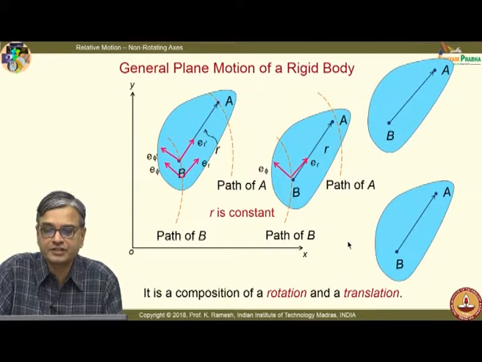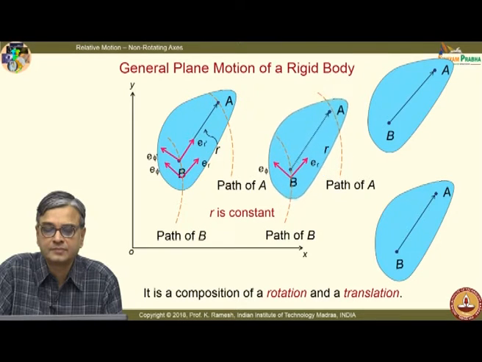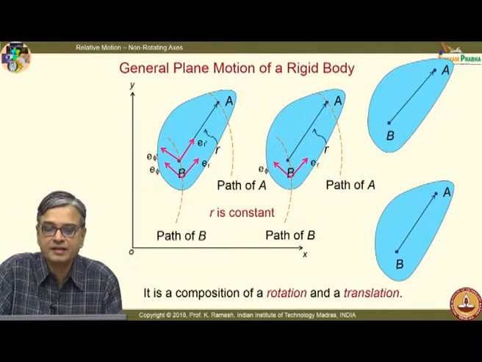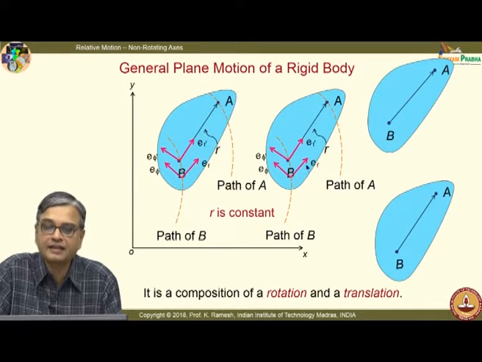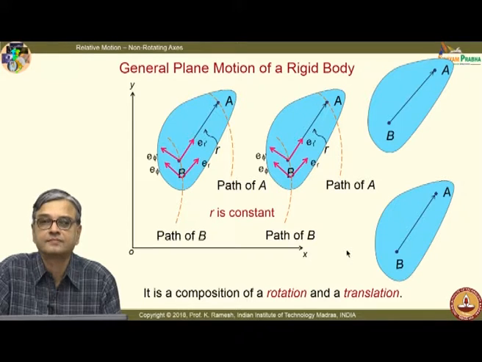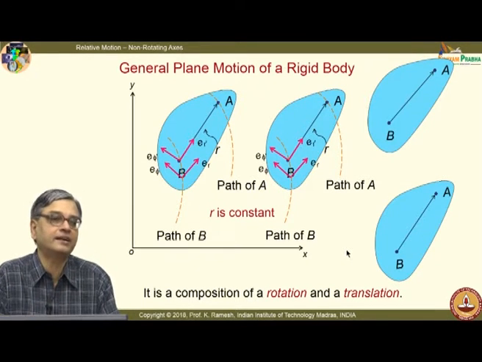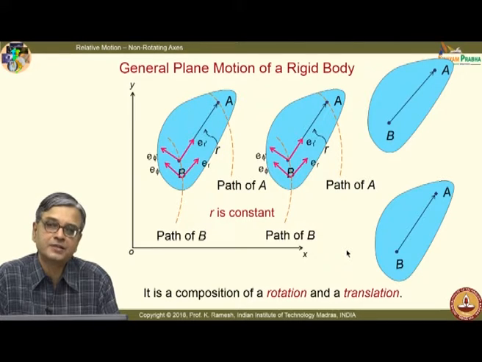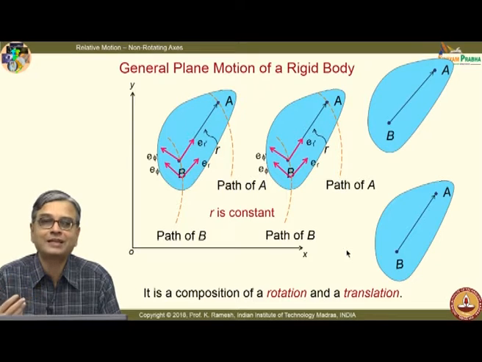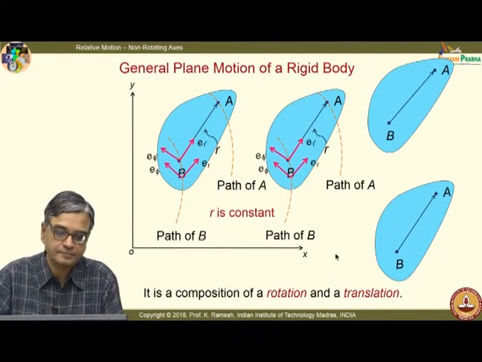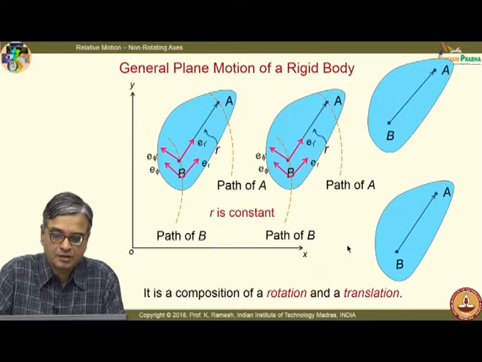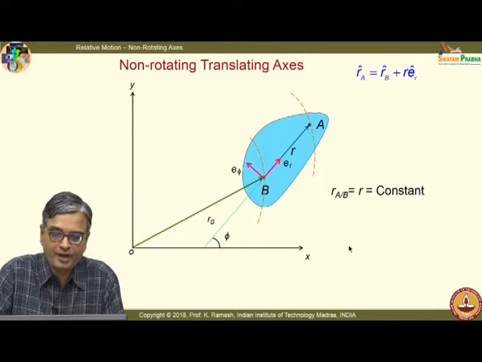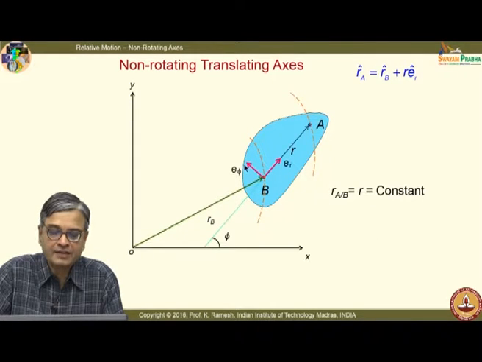Now, I give a translation. So, you can very well see that ER prime and E phi prime are different from ER and E phi. Just to emphasize that you are looking at it from a different perspective, to convince yourself the unit vectors change. And now we go back to the mathematics. So, we have learned that ER and E phi change.